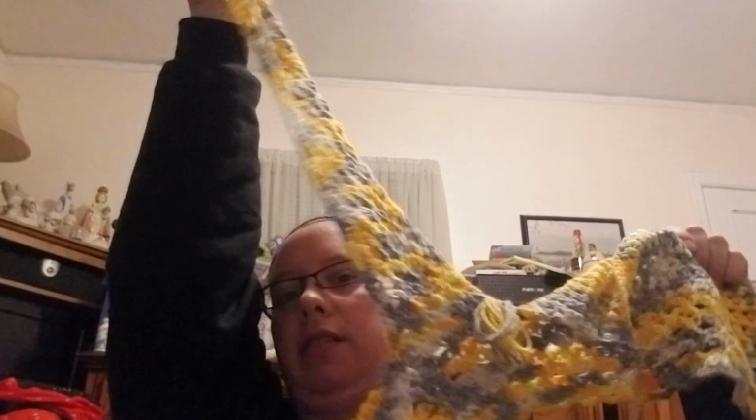And I'm showing you it's upside down only because of the center part that kind of dangles down. It's just easier to show that way, once I have more of it done and I can hold it up. I could try and show it like that, but it looks kind of weird. I mean, it looks kind of weird right now the way it is, but